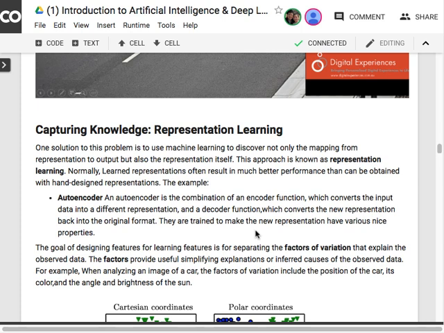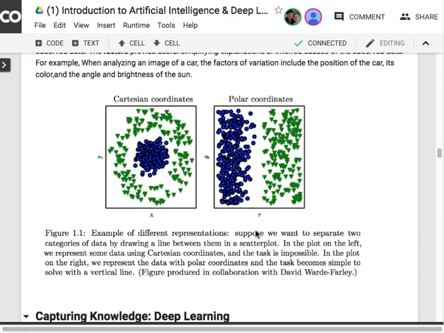The goal of this thing is we want to design a feature which is able to separate the factors of variation that explain the observed data. Okay, so this is a very good example. For example, if you have data like this, represented by the Cartesian coordinates x, y, the autoencoder's encoder finds that we can change the representation in the Cartesian coordinates instead